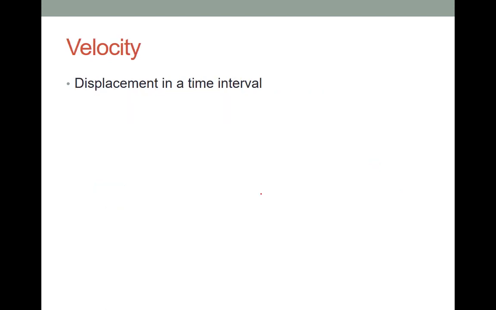Velocity, unlike speed, is a vector. It is based upon displacement. There are two ways of calculating your velocity. If I want to know the instantaneous velocity, that would be v, and I would calculate it using a derivative. And I want not an x there, I want an r, so it could be in any direction, so dr dt. On the other hand, if I want the average velocity,